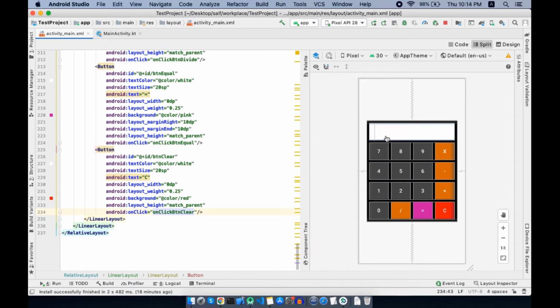So let's say if the user types 4 minus 5, we will show 4 minus 5 here and store 4 in operand 1, minus in operator, and 5 in operand 2 variable. Then whenever the user presses the equal sign, we will see the values of those two operands, then see the operator. Based on the operator, we will perform calculation on our two operands, like addition, multiplication, subtraction or division. So let's do it now in the code.